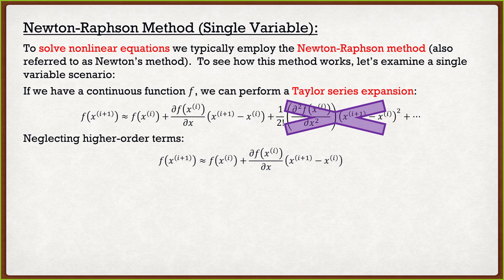And this allows us to simplify our equation into the following here. And this actually looks pretty nice, where we have f of x at i plus 1 is approximately equal to f of xi plus the derivative of f of xi with respect to x, multiplied by xi plus 1 minus xi, or basically delta x, the distance between these 2 points. Now, I'm going to be honest with you, when I look at math, I don't like it. It looks scary. I don't know what that's saying. So in the next slide, we're going to provide some actual context. So if you can picture what's going on with this equation, don't worry, it'll make sense in the next slide.